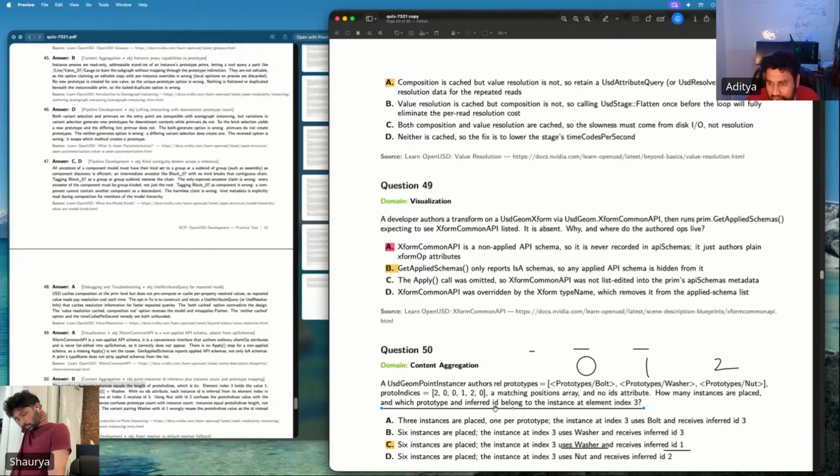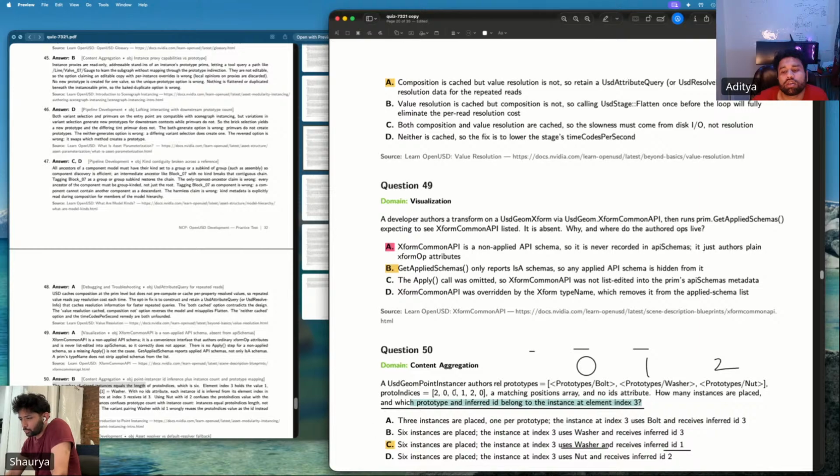So it is asking which prototype and inferred ID belong to the instance at element index 3, right?